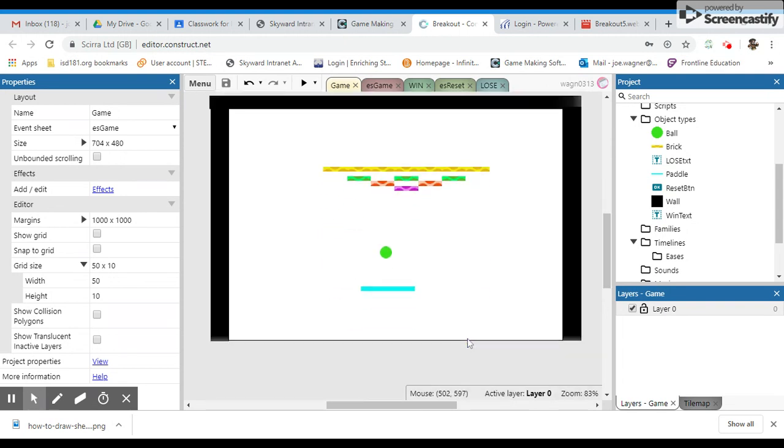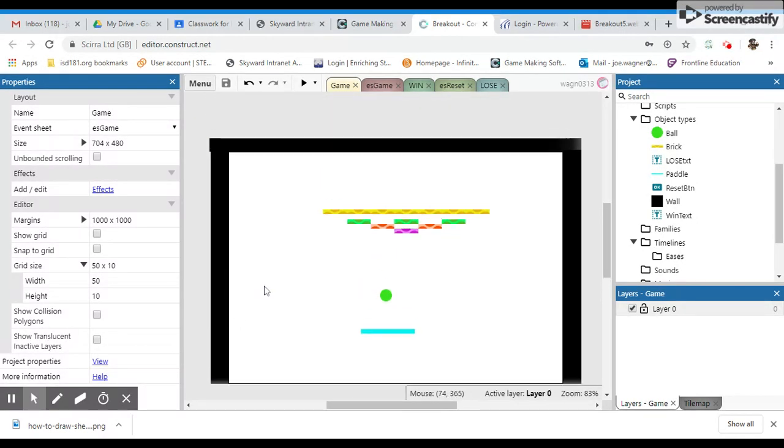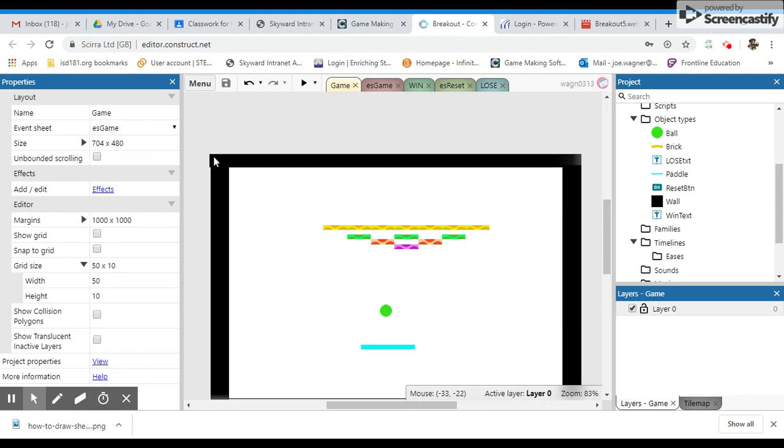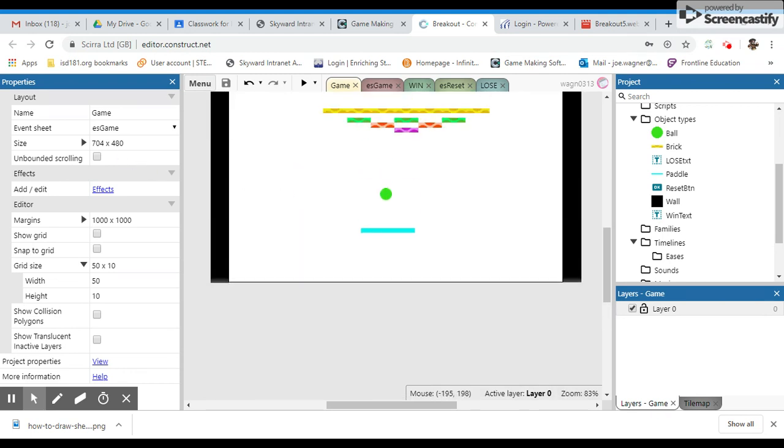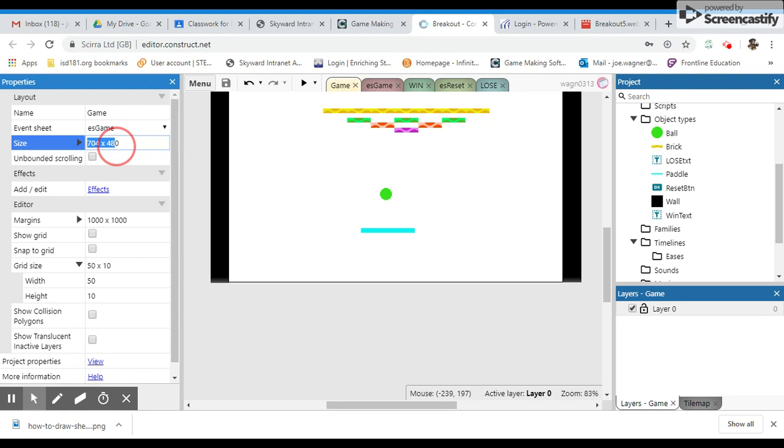You guys might be familiar with X and Y coordinates from math class or whatever. Basically, your x coordinate is this horizontal left to right axis. On the left, x equals 0, and all the way to the right, x will continue to increase, up to however long the layout is. Your y coordinate starts at 0 at the top and it increases as it goes down. So the top left corner of my screen is going to be like 0, 0 or in that range. Okay. Since my layout, if you remember the size over here, is 704 wide by 480 tall,